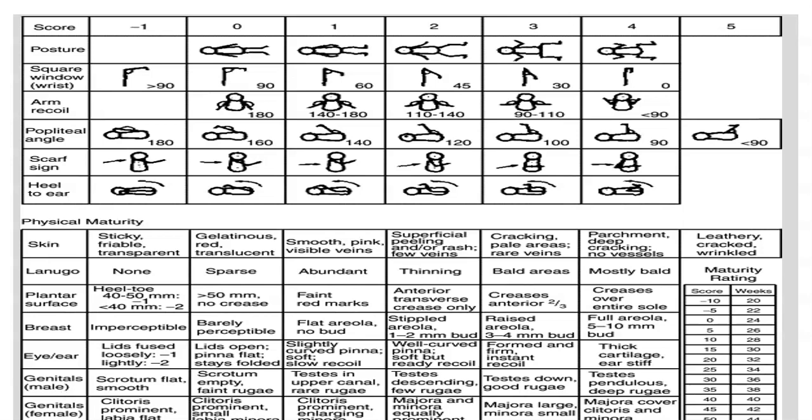So again, this is where they take the characteristics of the baby, and you can see those on the screen: their posture, how far they're able to flex their wrist, that scarf sign where you pull the arm across their chest and how far over they are able to pull it, as well as some of their physical characteristics, like how much lanugo they have, the creases in their feet and things like that. And if you look in the lower right hand corner, based on the score you get as you add those characteristics up, it gives you a correlation to what gestational age they are in physical means.